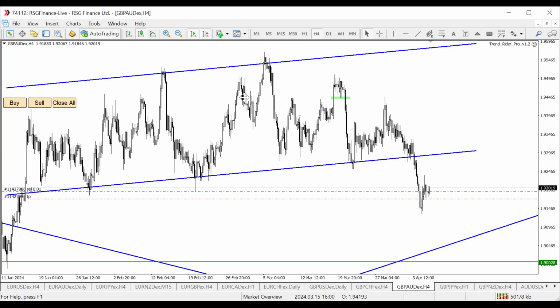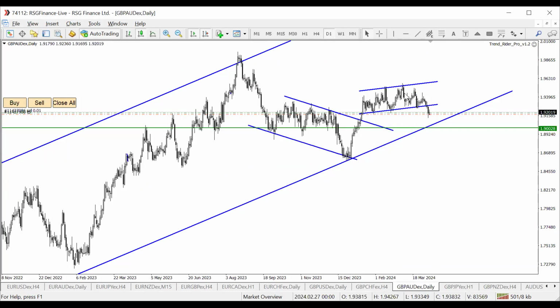So this should take us all the way down to 1.9002. The structure is the same. We have a breakout from an uptrend, and then we should achieve the technical target for these breakouts, and that technical target is at